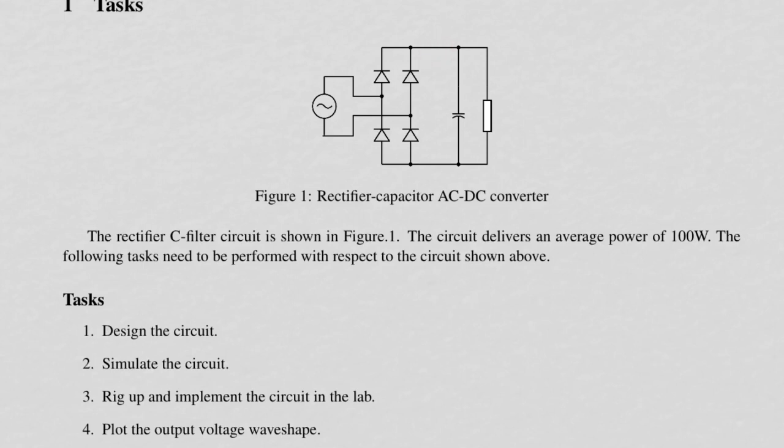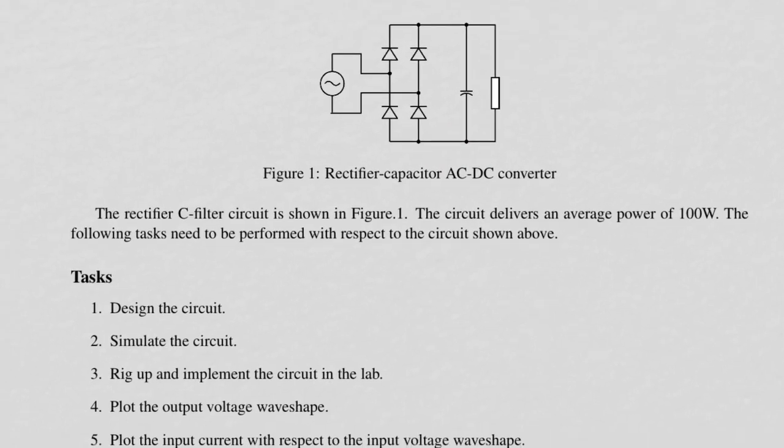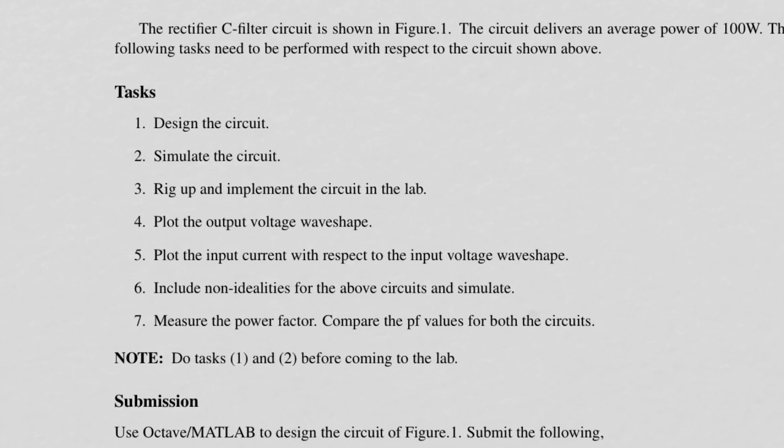If you are not able to measure the current with a probe, you can put a very small resistance, a fraction of an ohm, and measure the voltage across that resistance, which you would put here, which will give you an estimate of the current. You should understand the circuit after having included non-idealities also.